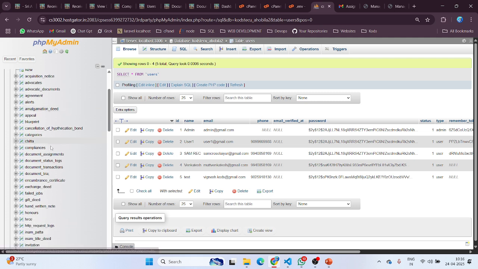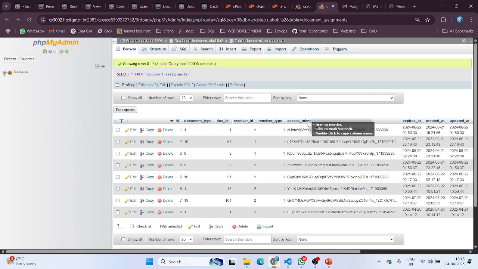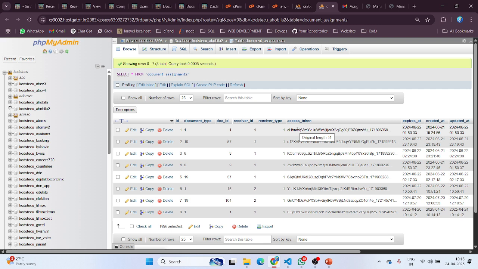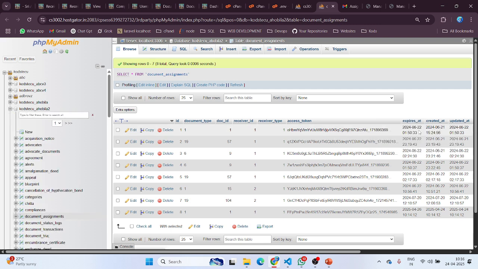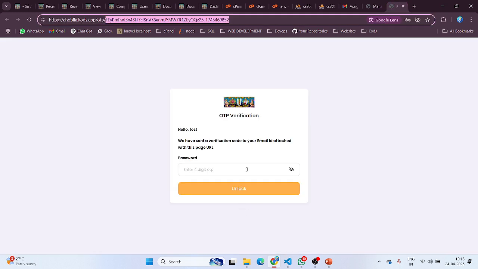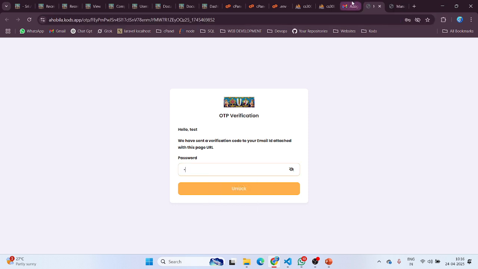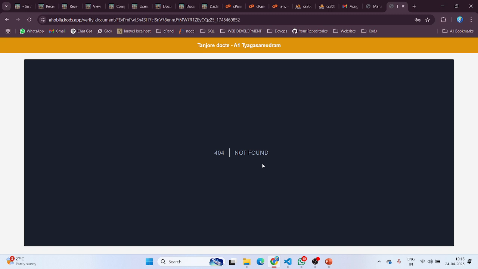Assign documents, document assignments. Yeah, this access token: while assigning a document, I am generating an access token with a timestamp. वही है, for the password में जो hash URL we generate, we are using the same. So what was the OTP? 59. हो गया सर। हाँ बस ये हल।